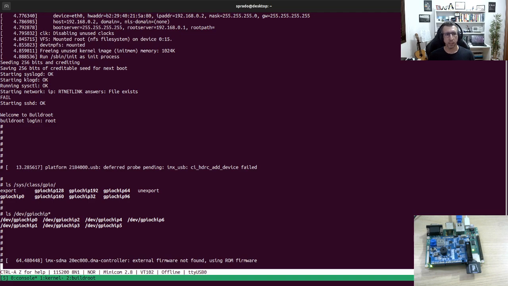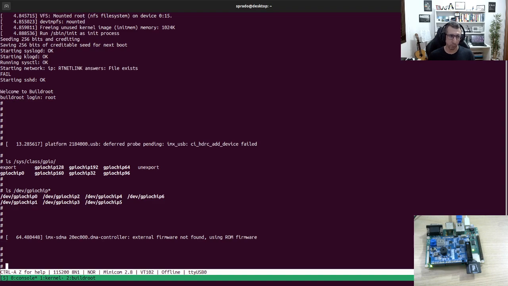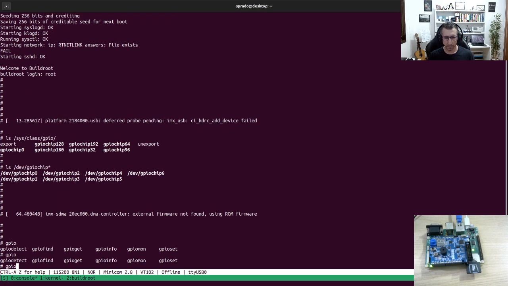And it's very easy to access the GPIO from there, because if you install libgpiod in the device, you're gonna have some tools that you can use to access, read, write, toggle, manage GPIOs. So I have my system built with libgpiod, so I can do this. I can run here gpio. So I have these gpio commands. For example, I can run gpioinfo